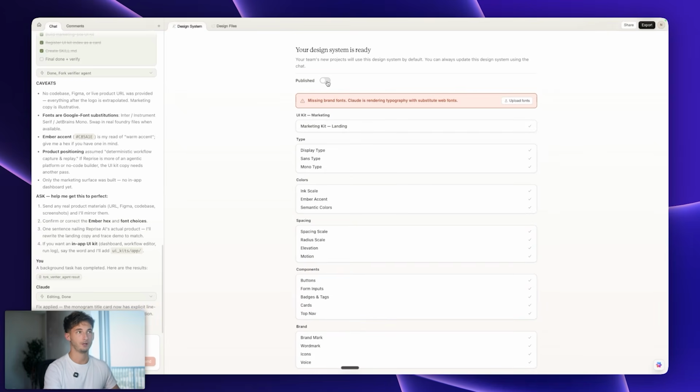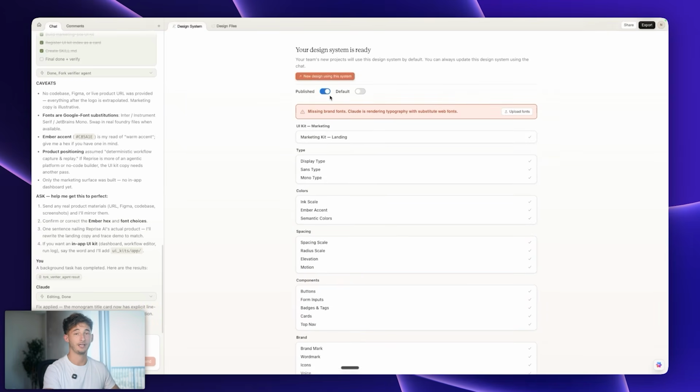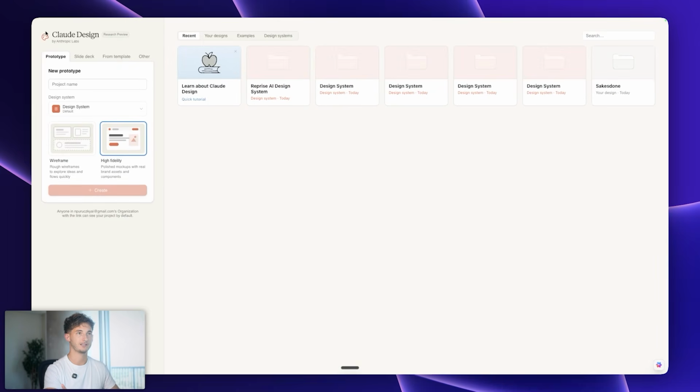Before we do that, I want to make sure that I publish this, and we can make this our default if I want my teams to employ this and use it for pretty much everything, just to make it a little bit easier for them. Or we could also export this. We can download it as a zip. As I mentioned earlier, we can export as a PDF, PowerPoint, send to Canva, and do some additional edits in there. But let's go back to the home screen and make sure we have, there we go,